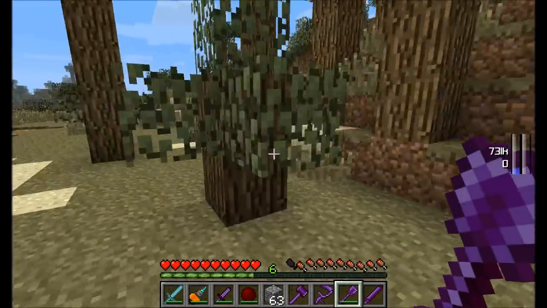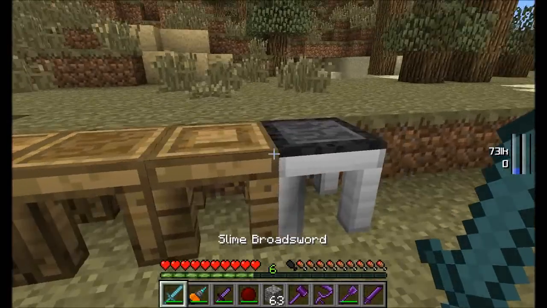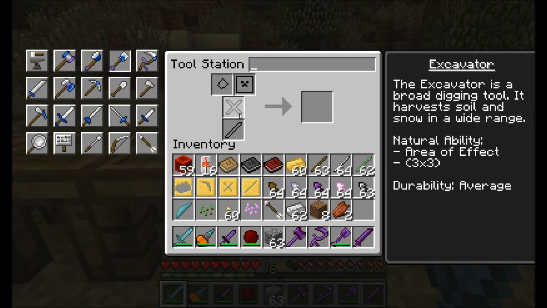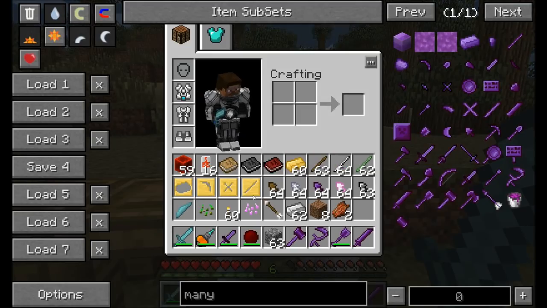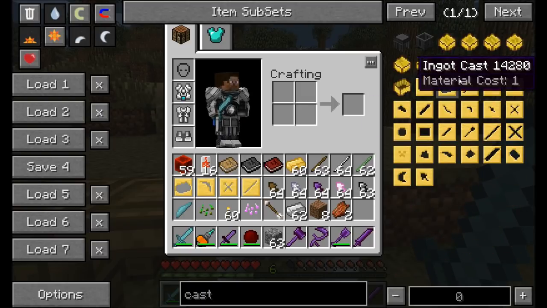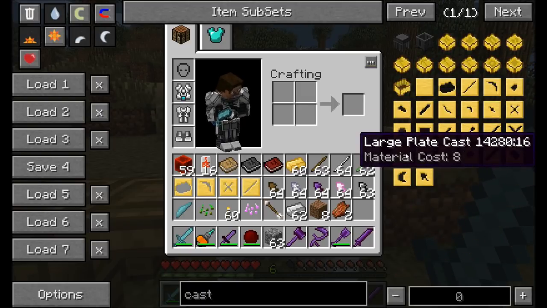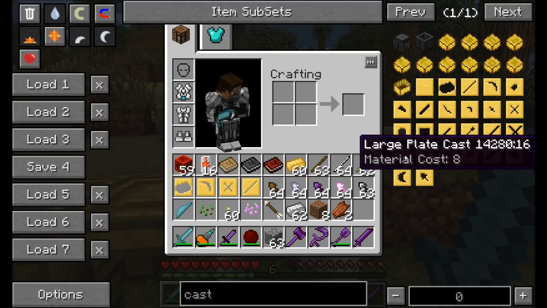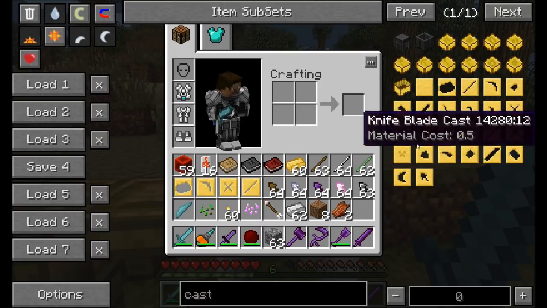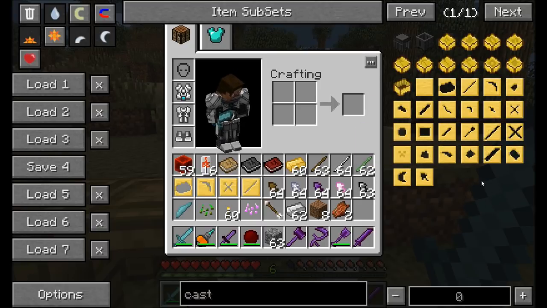Now, excavators and a lot of these other tools are a lot more advanced and a lot more complicated, so of course they need a lot more metal. You're going to find that you're going to need a tough tool binding, you're going to need a plate, you're going to need this shovel head, okay? Now, if we go ahead and take a look at the casts for these kind of items, so things like the large plate cast requires 8 ingots per. Okay, the hammer actually requires 2 plate casts, so that's 16 ingots, plus you're going to need the hammer piece,